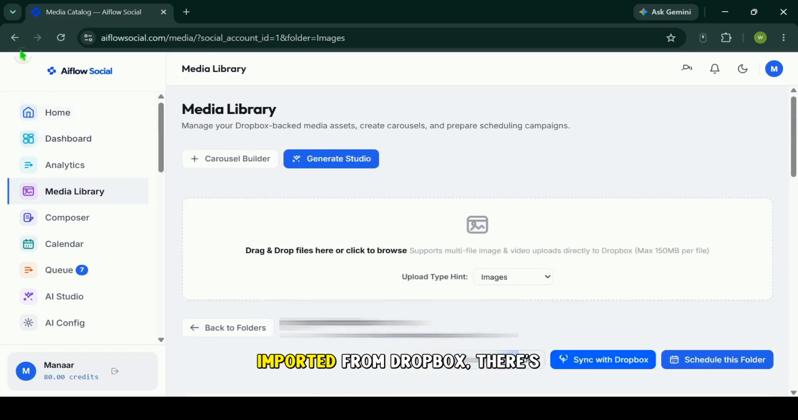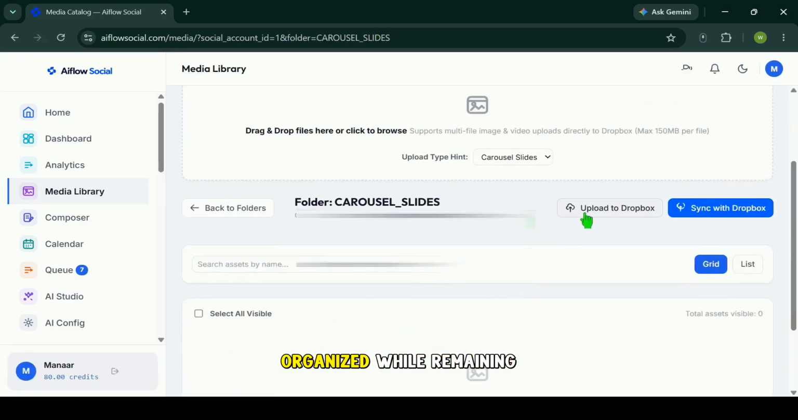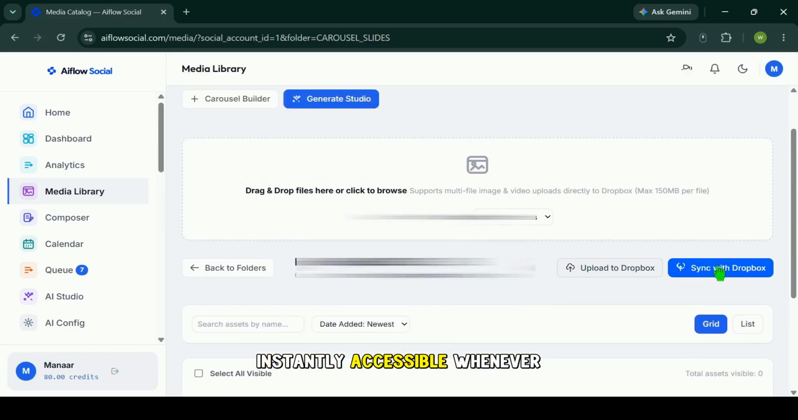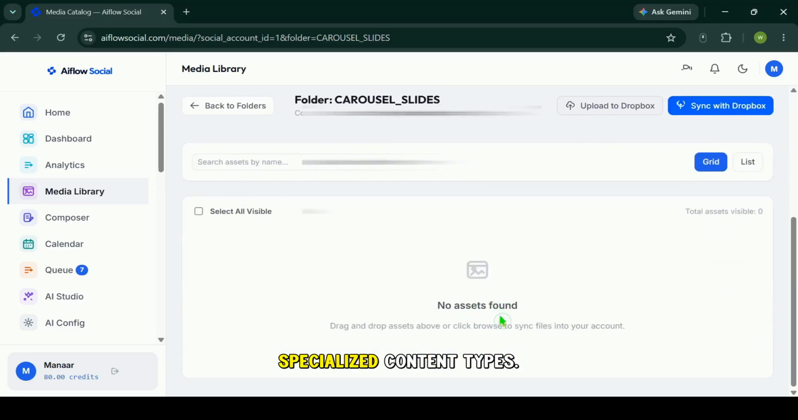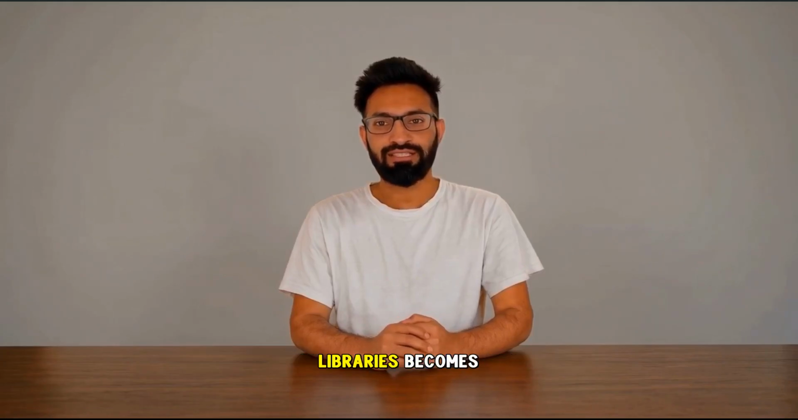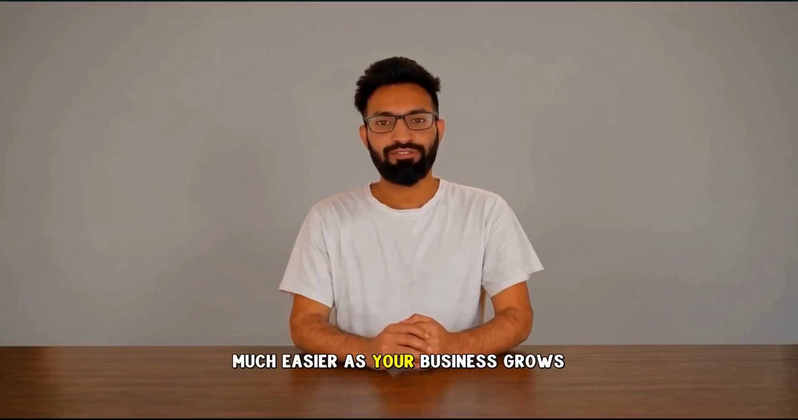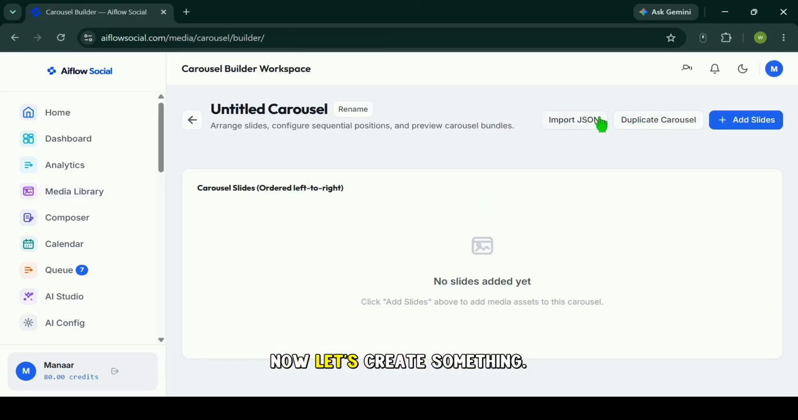Since everything has been imported from Dropbox, there's no need to manually upload assets every time a new campaign is created. Your content stays organized while remaining instantly accessible whenever inspiration strikes. Returning to the folder view, we can also explore dedicated folders for carousel slides and other specialized content types. Since these folders are designed specifically for different publishing formats, organizing large content libraries becomes much easier as your business grows. Whenever new files are added to Dropbox,